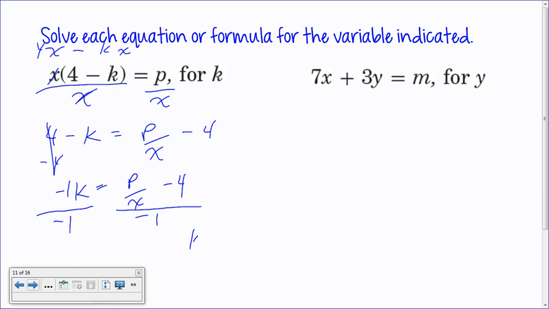Which changes that to what? The top just changes from a positive. What's a positive divided by a negative? So it just changes it to what? Negative p over x. Negative 4 divided by negative 1 is a